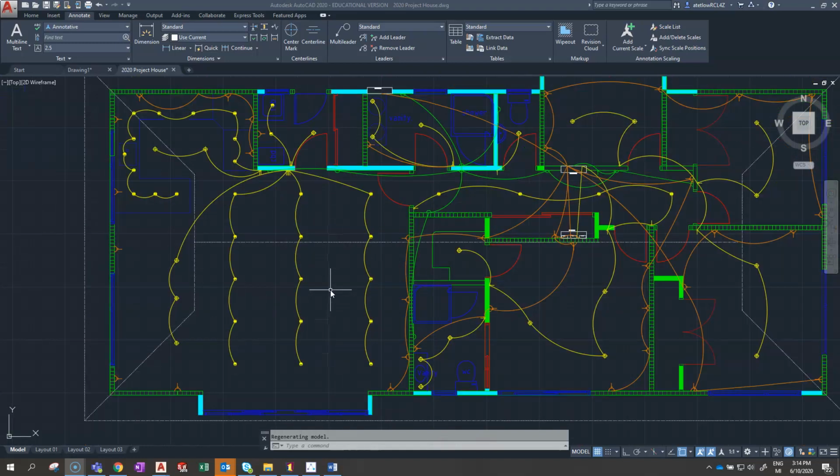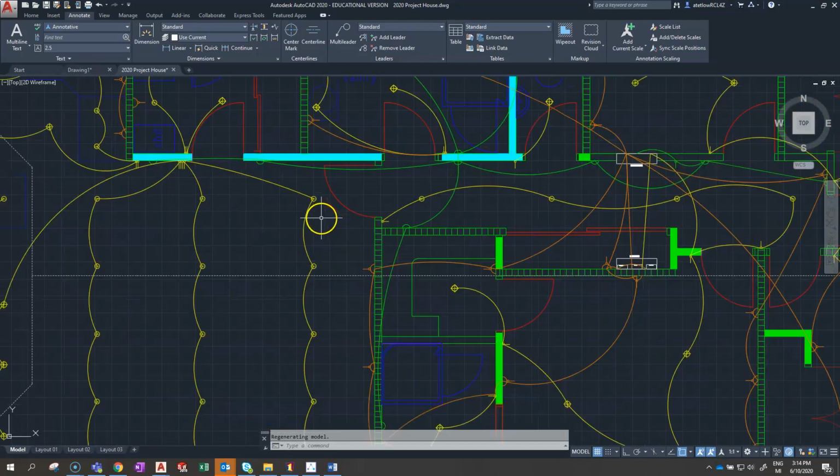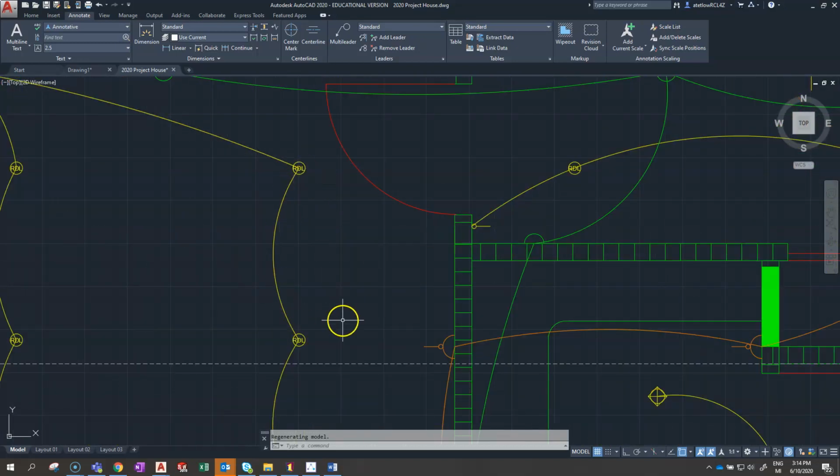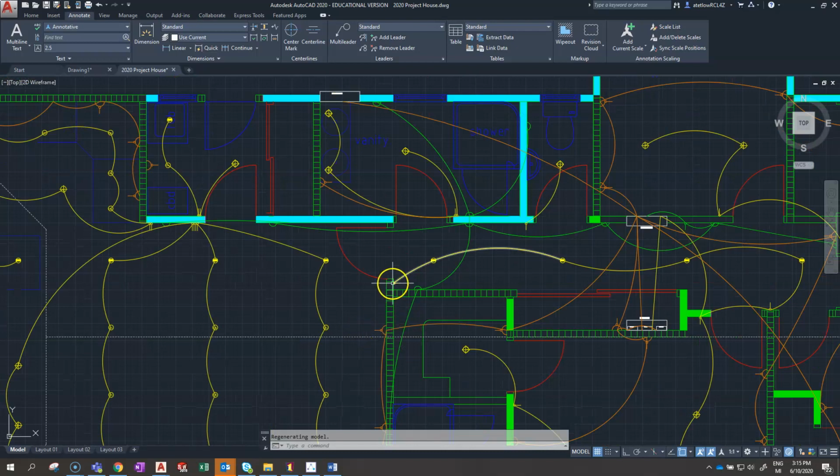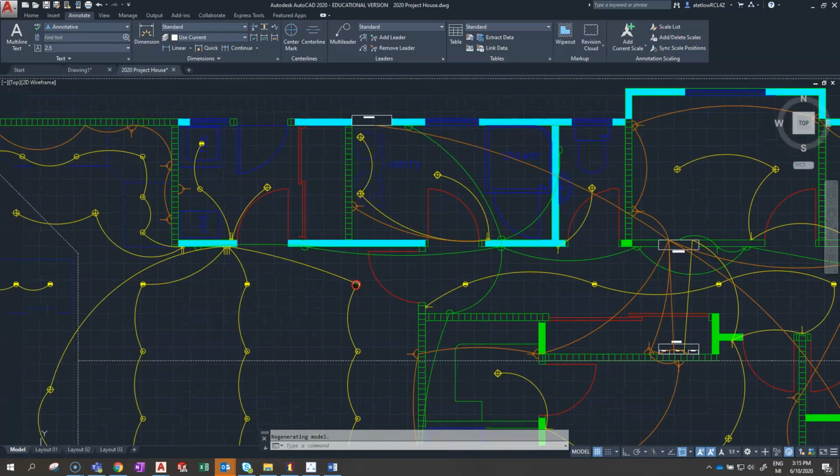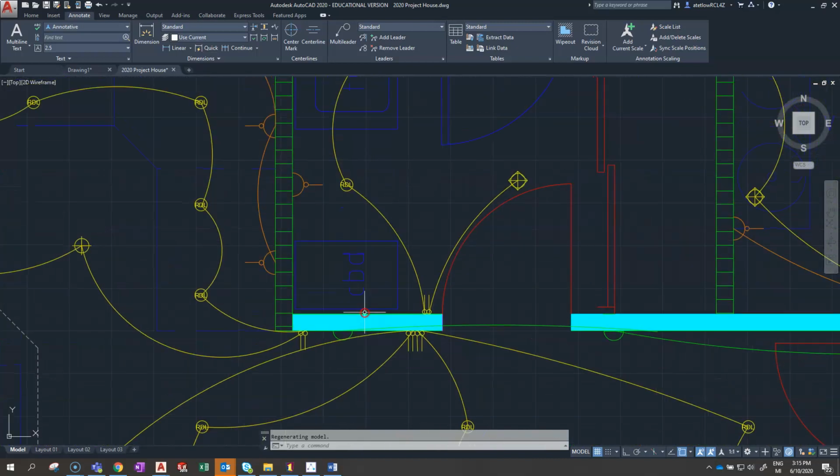So this drawing is not mine, it's a previous student's. We have a range of downlights, and we've got sockets. This isn't the whole drawing. The socket and these downlights already have attributes, so let's add attributes to a couple of the other blocks. Let's go here for